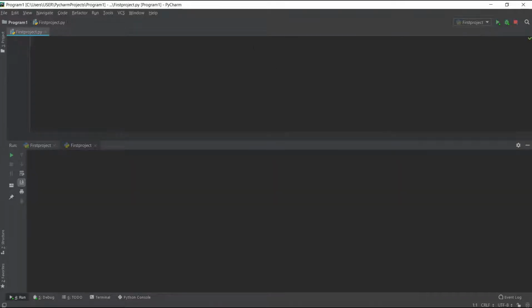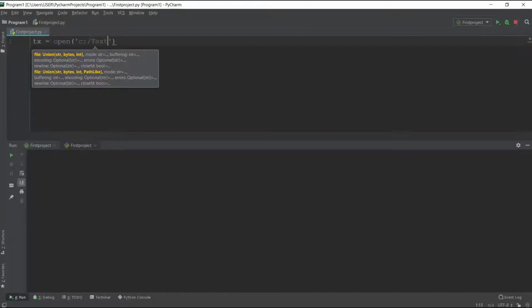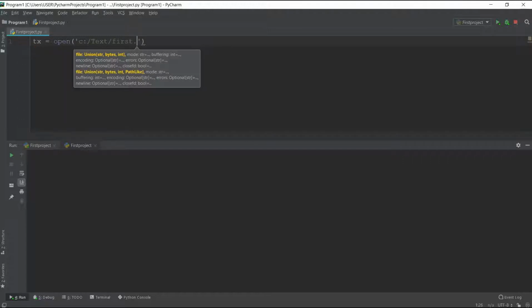So if you want to read the file, go ahead and say tx is equal to open. You have to open the file you want to read. And we are going to read from the C drive, under the folder text. And let's read the first one that we copied previously. That is first.txt,